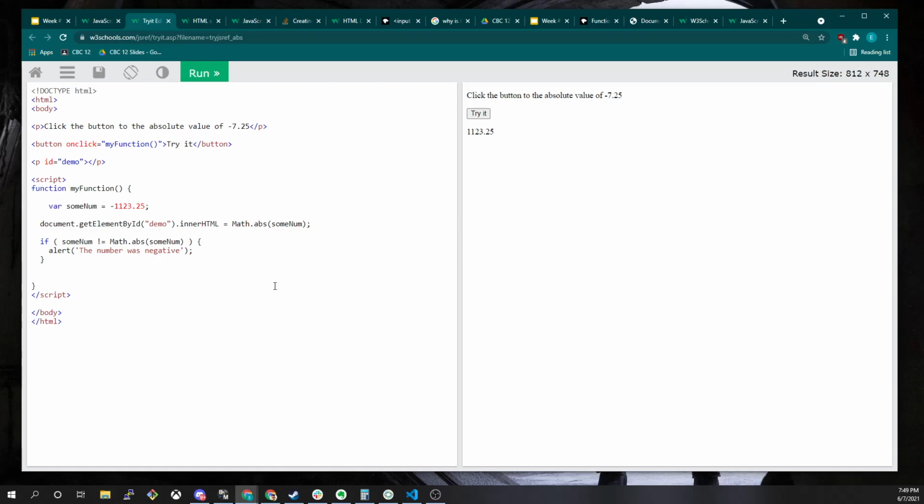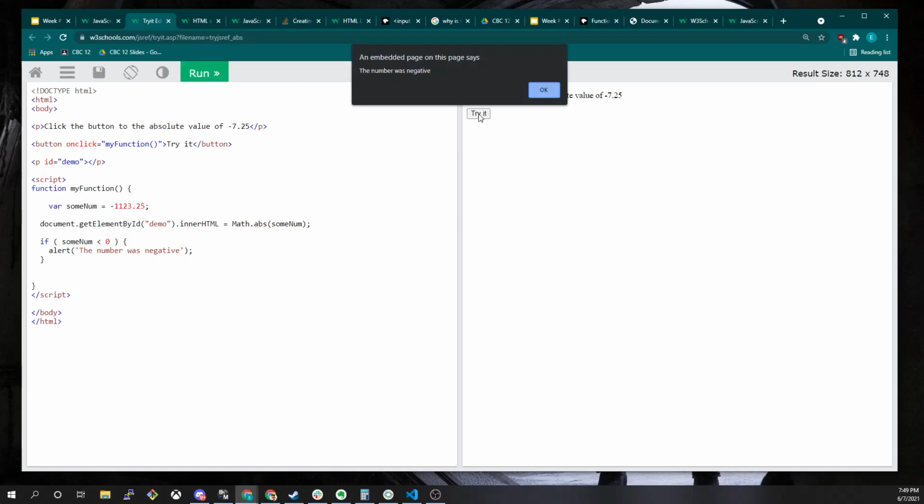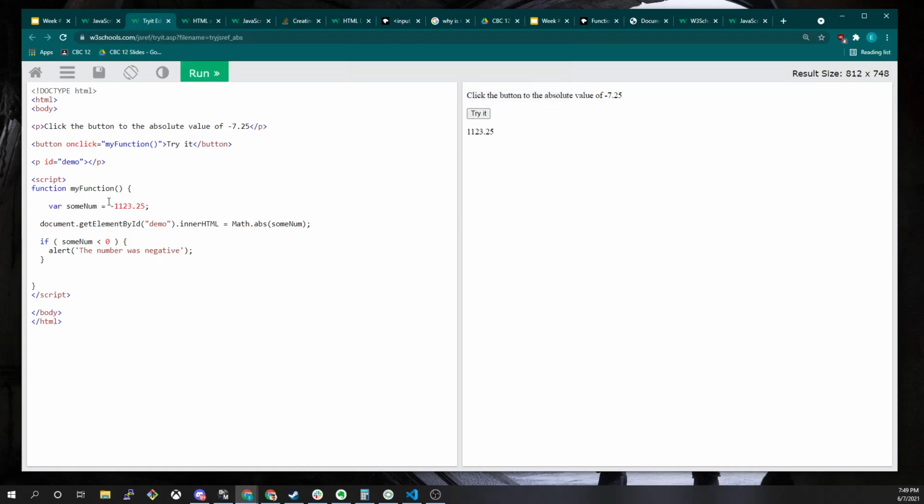If greater than or equal to 0 equals true, or... Yeah, I mean, you're very, very close. If we're just checking to see the number is negative, we would do less than 0. So if sumNum is less than 0, the number is negative. But if I change this to a positive number and I click it, nothing alerts because it was already positive. So Math.abs is a really cool way